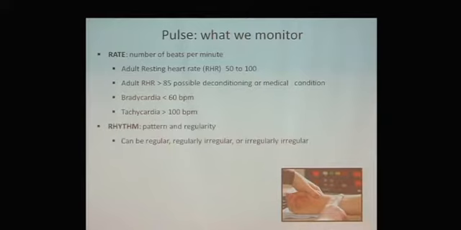You can also check the rhythm of the heart rate. So most of us are going to have a regular heart rate, right? It just does this, right? Very regular. But not everybody in here has a regular heart rate. You may have an irregular heart rate, and it might be regularly irregular, right? It could be like this, right? That's irregular, but it's regular. Then you could have an irregular heart rate. So that would just be random, right? It'd be,